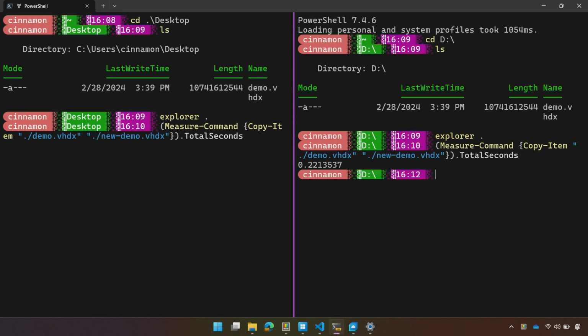Once you hit enter, both are running now. Wow. And the dev drive one finished already, 10 gigabytes copied. Not even a second. That's correct. And the NTFS C drive is still running on the left. It's still going to keep cooking. There we go. So 12 seconds compared to less than a second. This is because it's copying metadata rather than doing bit by bit, so it's an instantaneous copy.